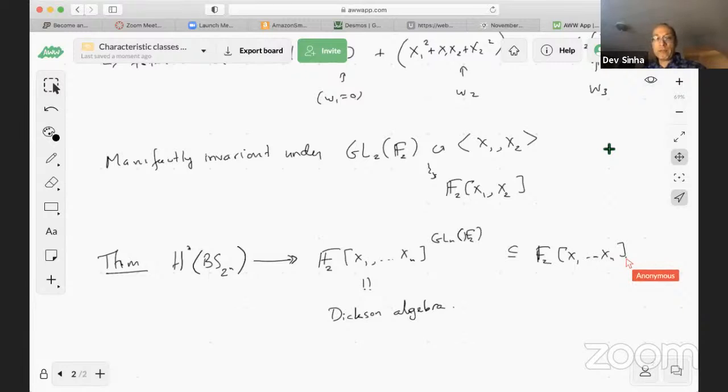But somehow related to module extensions and resolutions, there's an interesting homomorphism that's non-trivial, that's surjective, in fact, onto this Dixon algebra, which ends up being a polynomial algebra always,